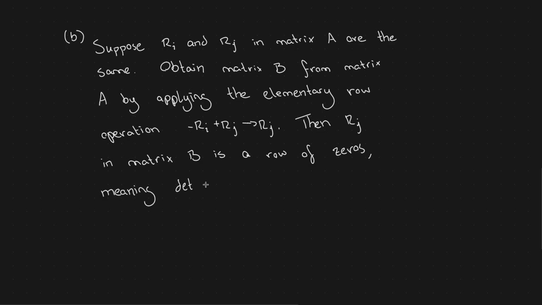Meaning the determinant of B equals 0. Since we obtained matrix B from matrix A by adding a multiple of one row to another row,